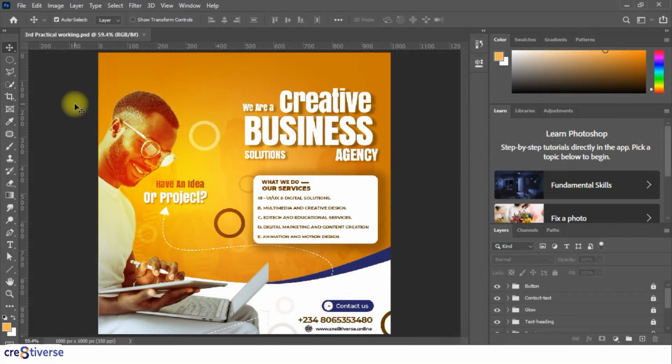Okay, so this is your Photoshop interface. I believe once you load up your Photoshop, your interface should look exactly like mine. Color swatches, gradient patterns, and so on and so forth. So we'll dive straight into understanding our interface. Okay, so before then, I would create a new document. All right, so I'll go to File,